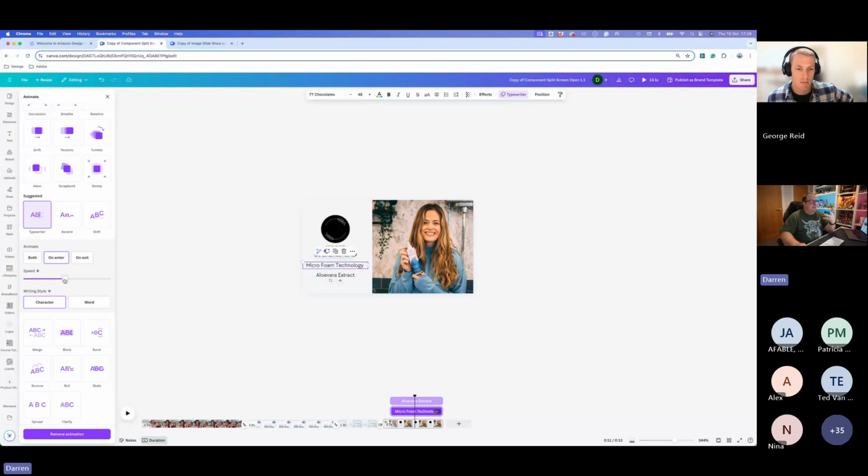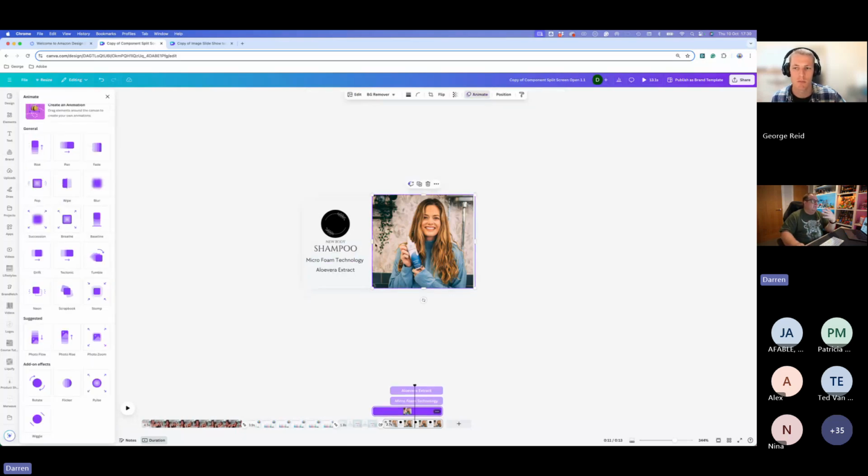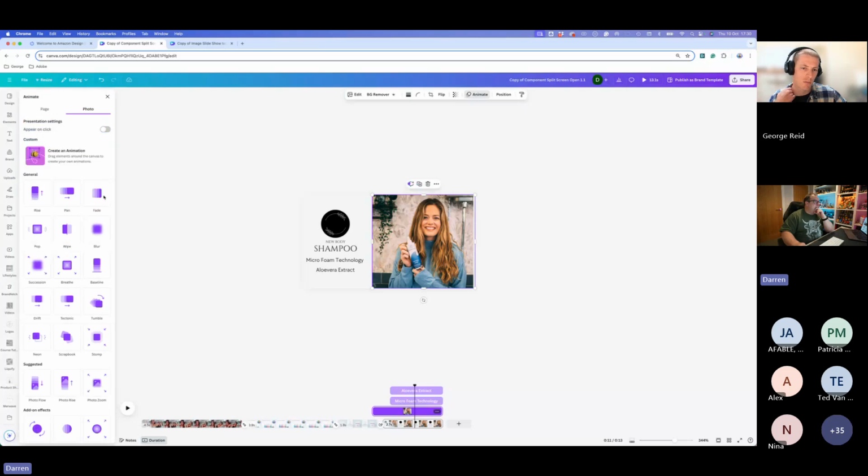You can change the speed of the animation of the text, and you can also apply animations to images as well. You can see on this one, we don't have an animation on the actual image, so it comes up with animate as an option. If we click on that, we could have the image pan on, so it's not just the transitions between each of the frames, you can actually have animations on the page as well. And by showing the timing of the animations, you can have those elements on the page time and join at different points. So hopefully all of that makes sense.